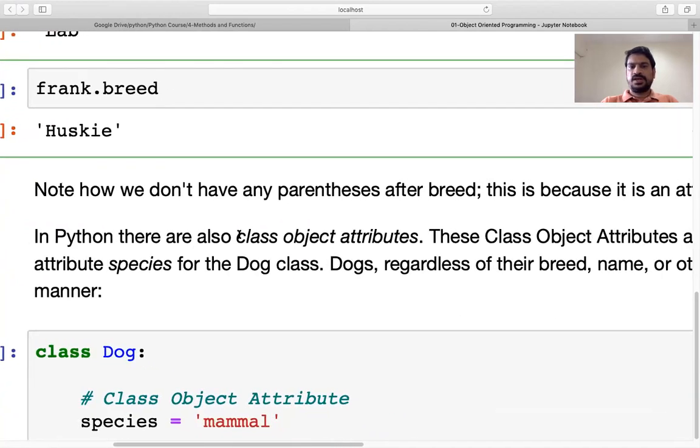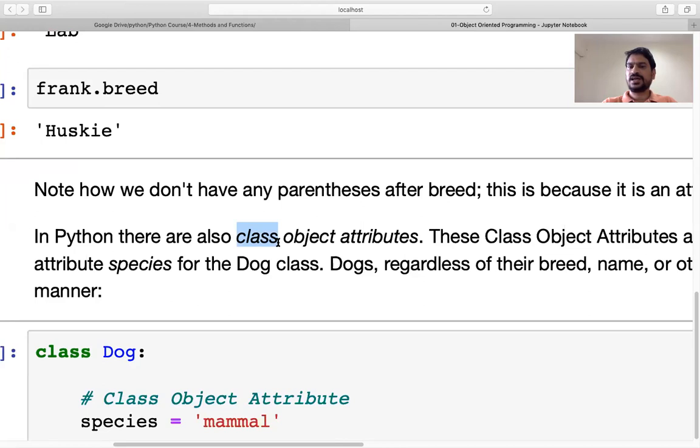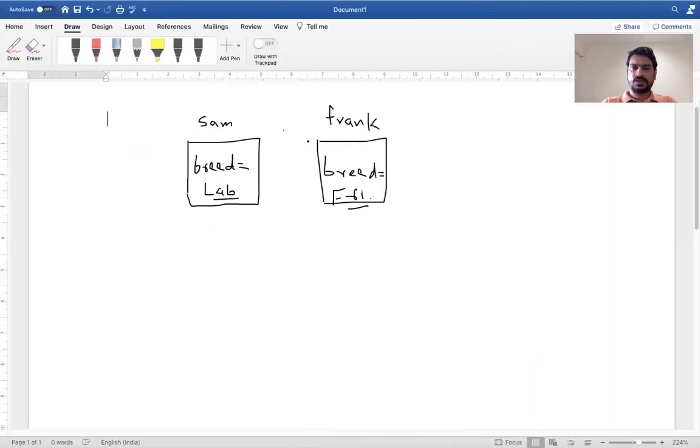Now in Python, there is also the class object attribute, meaning an attribute related to the class. It means some static attribute. If we create an attribute, that attribute belongs to the object, but there is some attribute that is common to all.